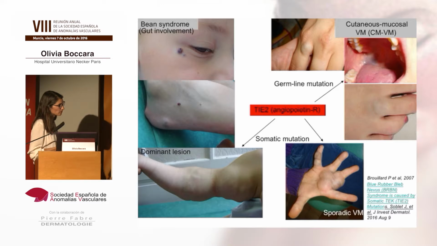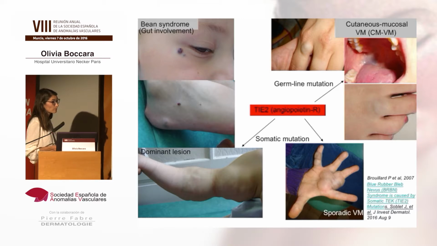This identification allowed us to find afterwards that the sporadic, well-known venous malformations were also related to TIE2 mutations, but in a somatic pattern,